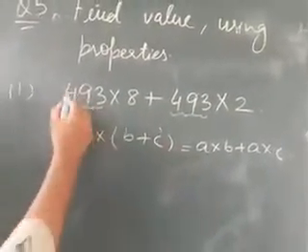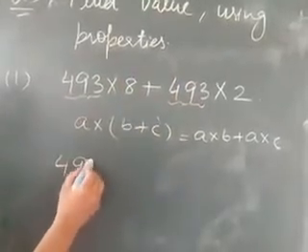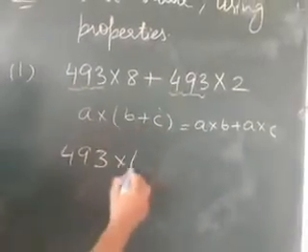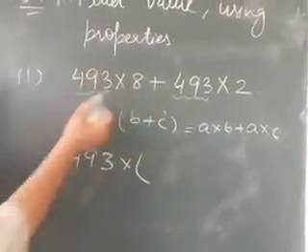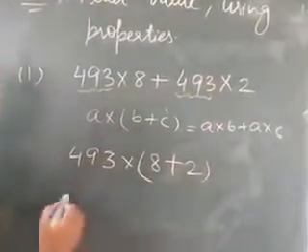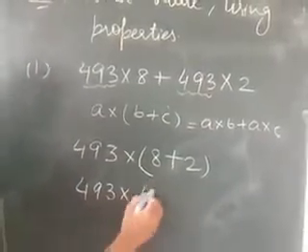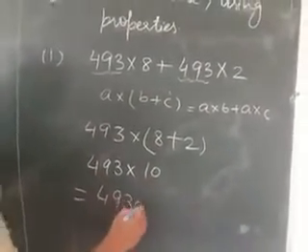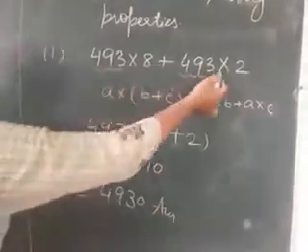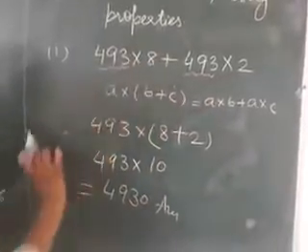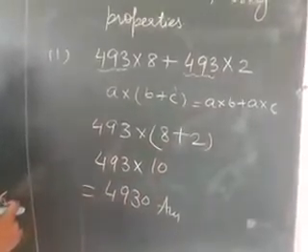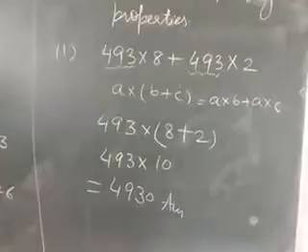ओके, तो देन विद द यूज ऑफ दिस वी कैन राइट दिस एज 1 टाइम विच इज डिस्ट्रीब्यूटेड 2 टाइम्स, मल्टीप्लिकेशन साइन, देन इनसाइड द ब्रैकेट द रिमेनिंग नंबर. ये तो हमने कॉमन ले लिया, यहाँ पे कितना रह गया 8, फिर प्लस ये भी हमने कॉमन ले लिया, कितना रह गया 2. सो दिस विल बिकम देन 10. सो दिस इज देन दिस. अगर आप विदाउट प्रॉपर्टी करते तो आप पहले इसको 8 से मल्टीप्लाई करते, इसको 2 से करते, देन ऐड करते, तो इट विल टेक यू लॉट ऑफ टाइम. बट हियर व्हेन वी आर टेकिंग कॉमन इट बिकम्स 10 एंड वेरी इजी टू मल्टीप्लाई इट विद 10. ओके, नाउ लुक एट इट्स सेकंड पार्ट.